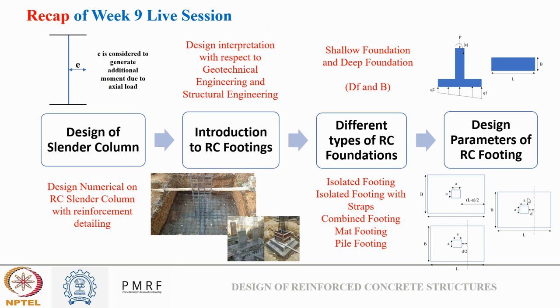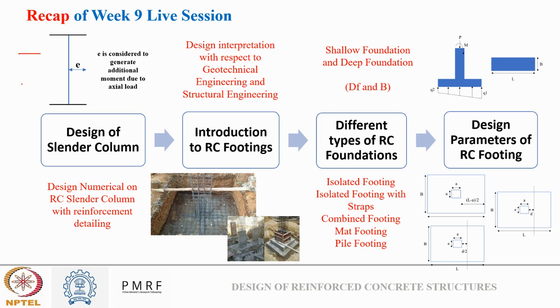So just to recap what we learned in week 9 of this live session. We saw design of slender column. So we know what a slender column is, the column in which the ratio of length to the lateral dimension is large. In a slender column, we understand that the internal eccentricity also becomes critical in design, so we need to take additional moment into account. So in this figure, you can see,